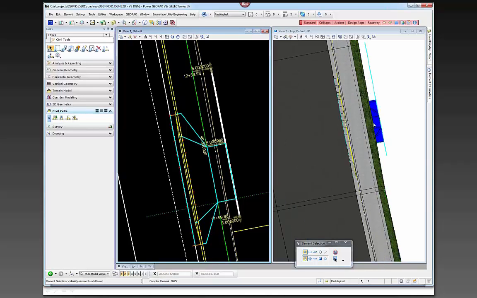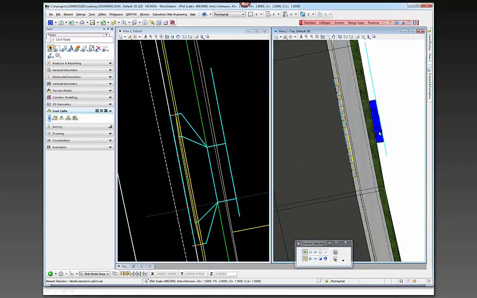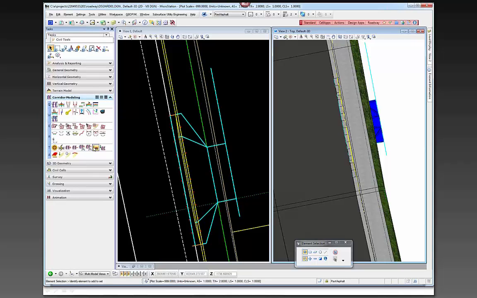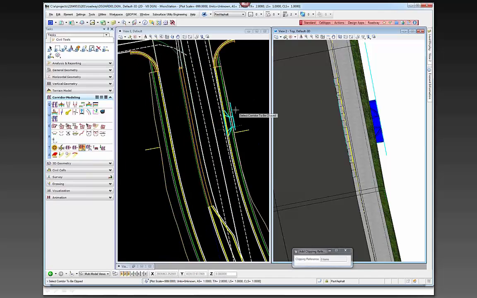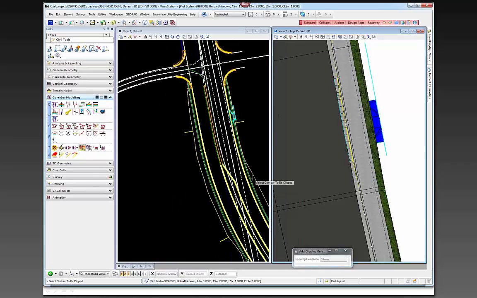But the other thing you can do is, if you want to identify the name of this terrain here, it's called DTM Urban Driveway. What you can do is clip this terrain using the corridor clipping tools, and you can add a clipping reference to our State Road 61 corridor. I'm going to zoom out so you can kind of follow what I'm doing. I'm going to clip this corridor, and I'm going to use this urban driveway as a clipping reference, and then